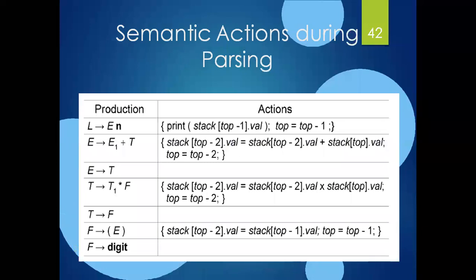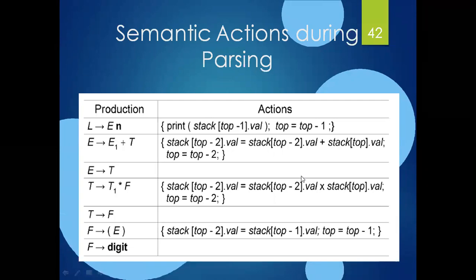This is the most important example. All of you see here, one column is about the production and the second column is about the action. Whatever productions are in the given grammar, we are just writing like this. And here with the stack implementation, I am performing the semantic actions, and every action is enclosed with braces. Make a note of this. Every action is enclosed with braces.